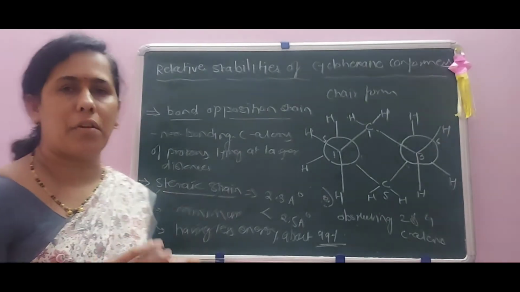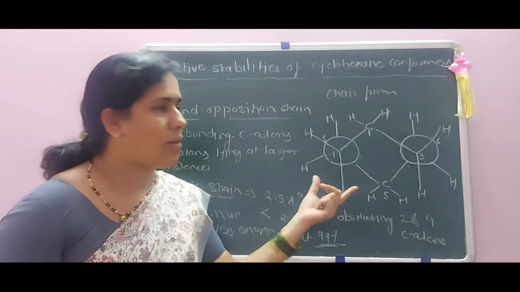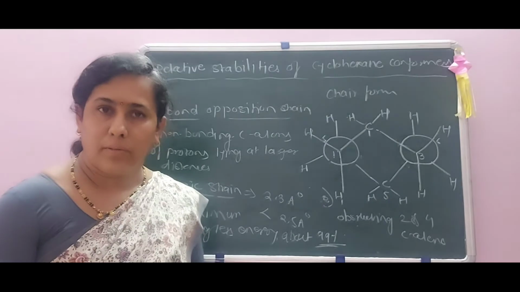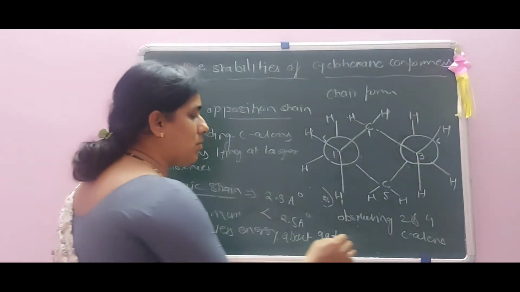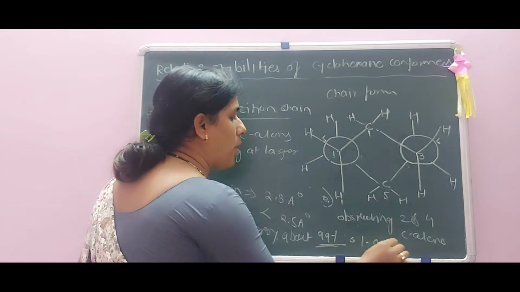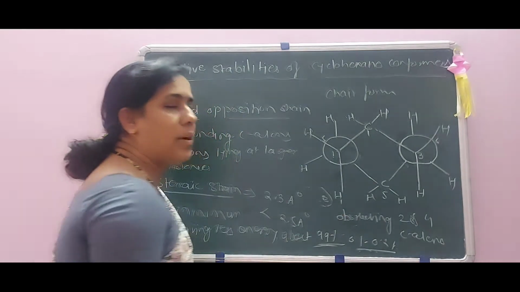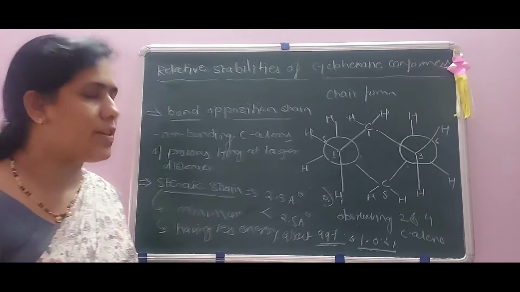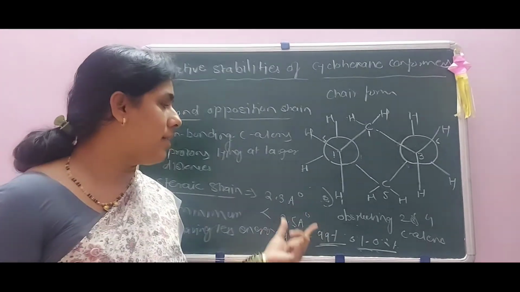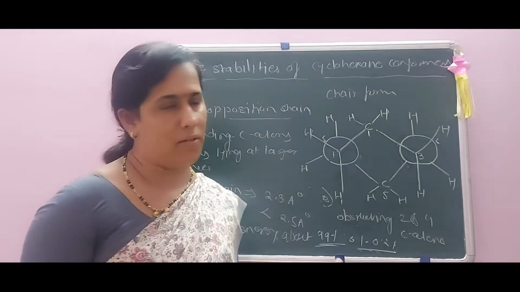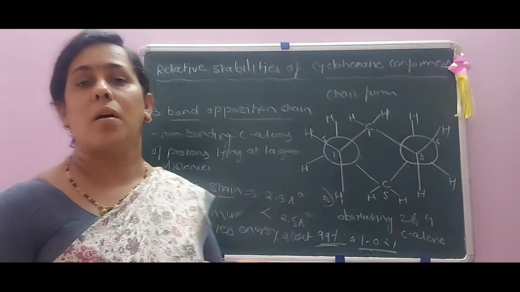That is the boat form, whatever may exist in cyclohexane conformers. How much percentage? That is equal to 0.1 to 0.2%. And in between the chair and boat conformations of cyclohexane, the chair conformer is very, very stable. Now consider its boat form.